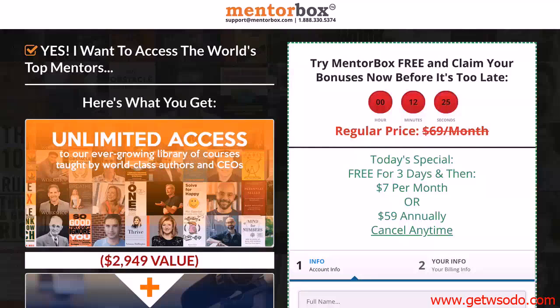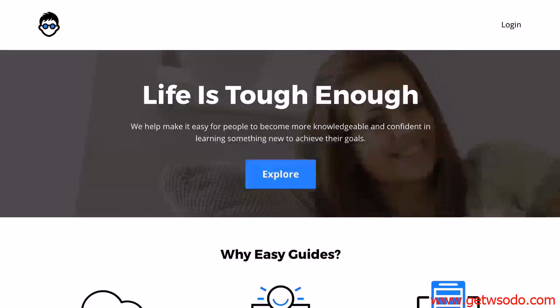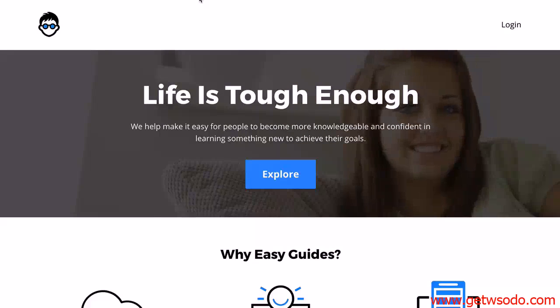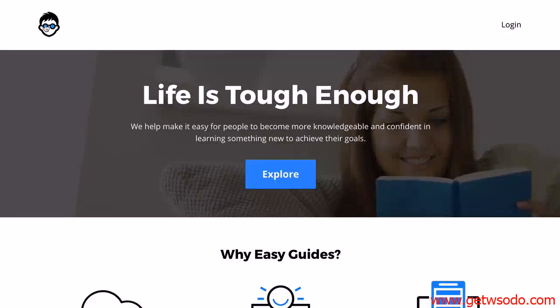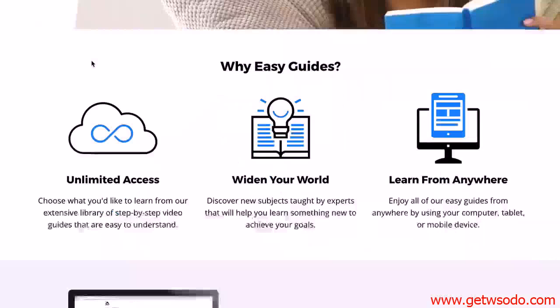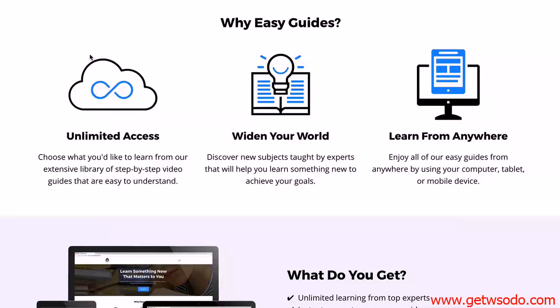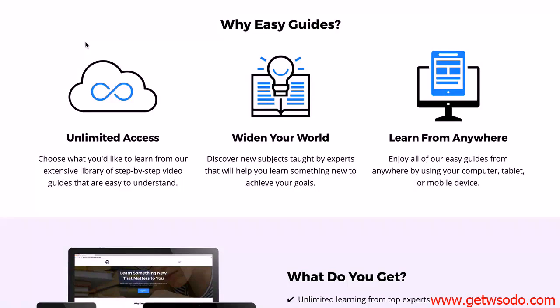And speaking of that, one last thing I want to show you is the membership site that I'm going to be building. So this is called easyguides.com. My whole idea here is to follow the Linda model. I've followed the Linda model 13 times already with other membership sites that I've created, but those were rolled up in a company that I ended up selling, so I can't use those as examples and show you behind the scenes because I don't own that company anymore. But what I'm going to do is build out Easy Guides from scratch for you